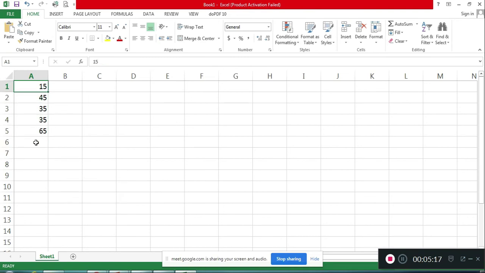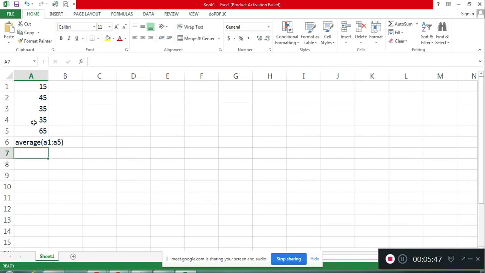So you can see we have entered these numbers from A1 to A5. So now we have to write AVERAGE, then in the brackets we'll write A1 to A5. Then we have to press enter. Now after pressing enter, you can see that the average is not calculated. We are simply getting the same text.